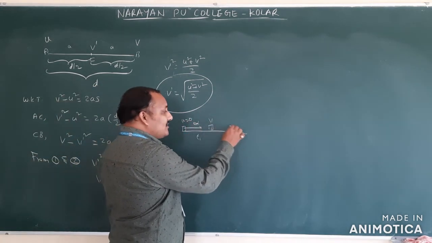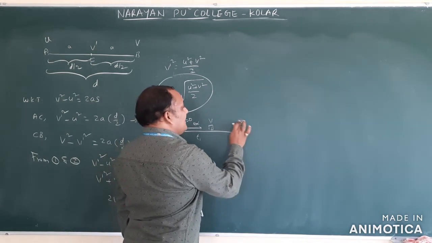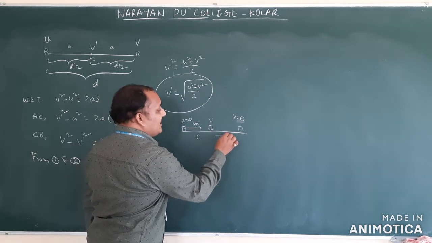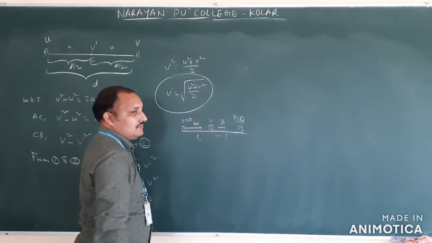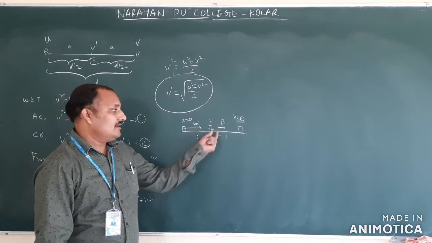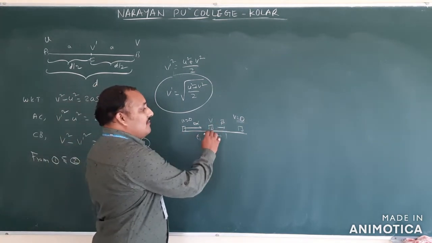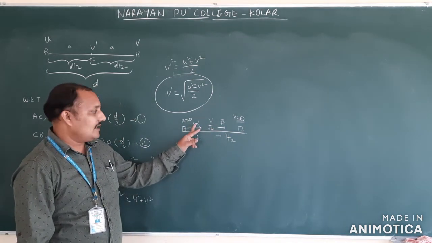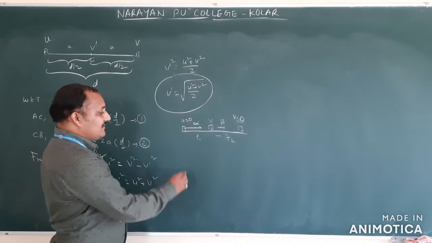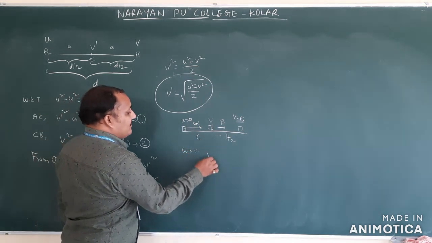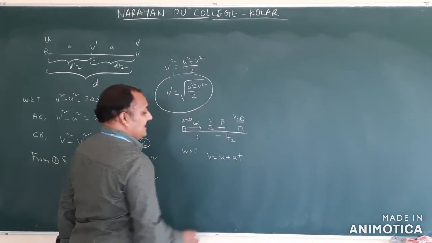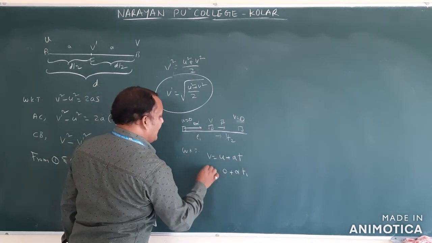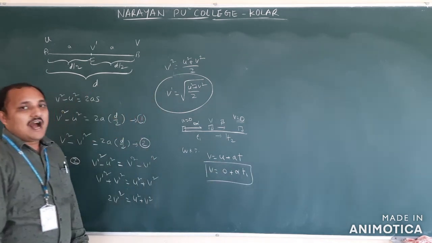Now again from here it is going to decelerate, meaning the final velocity is going to become 0. This one is moving with retardation beta. So alpha means velocity is increasing, beta means velocity is decreasing. How much time is it taking? t2 time. In this, v, u, t are there and a is nothing but alpha. Therefore, which formula do we have? We know that v is equal to u plus at. V is equal to 0 plus alpha t1. So v is equal to alpha t1.